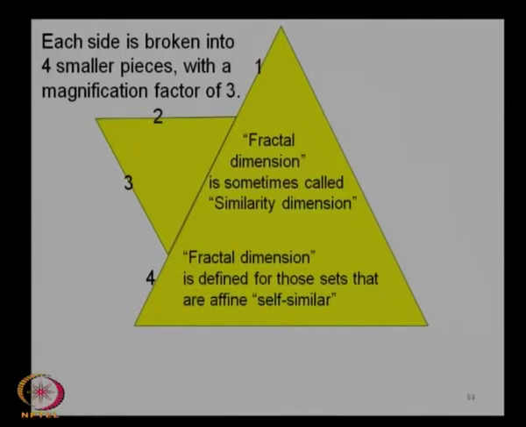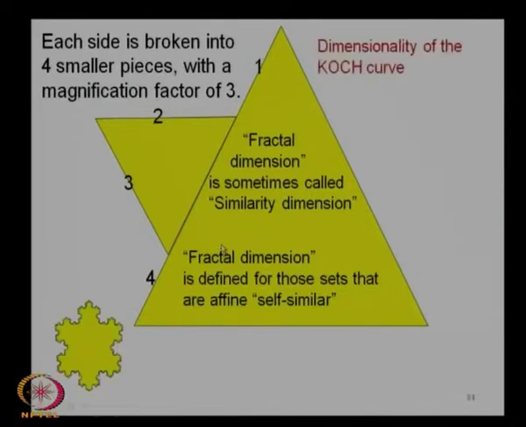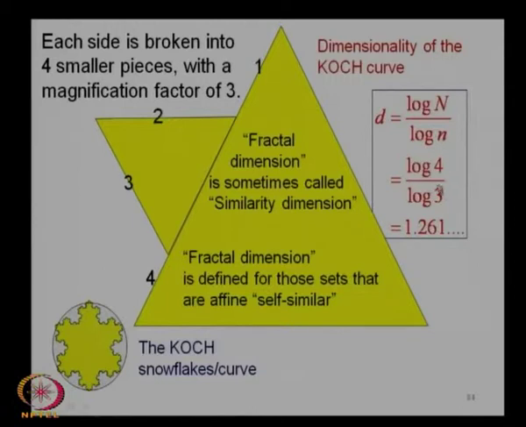So, the primary process of division generating self similarity is following this pattern, that each side is broken into 4 small pieces. So, this is 1, 2, 3 and 4. Okay. This is also called the similarity dimension or the fractal dimension. And if we now ask ourselves what is the dimensionality of the Koch curve, using the same idea that we did in defining the fractal dimension as the ratio of the logarithms of uppercase N and lowercase n, that is how we defined it, right. So, if you do it now for the Koch curve, you have log 4 over log 3,